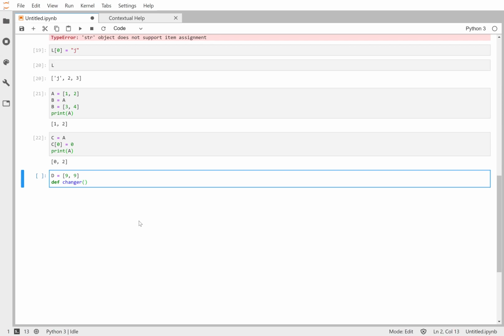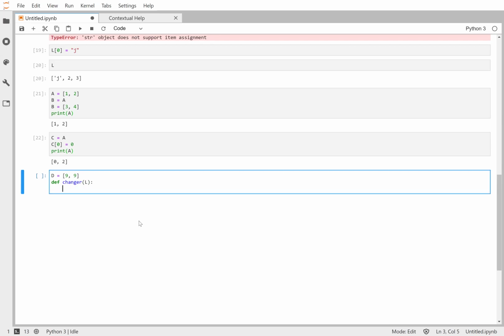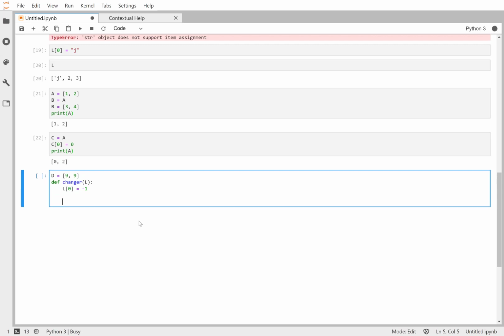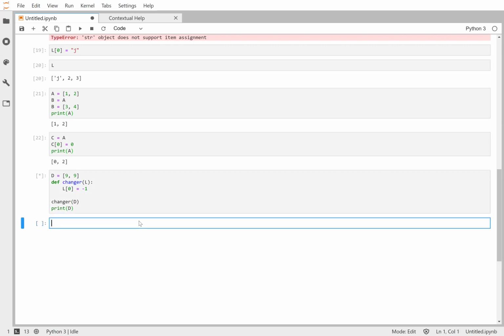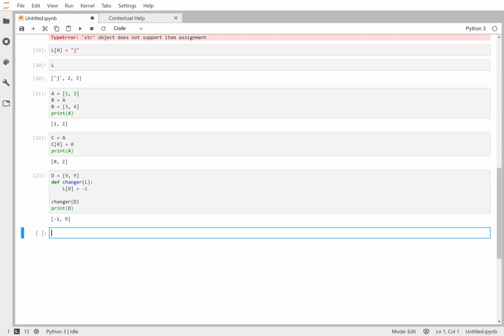call it changer, and I want to give it some list L. And then changer's job is to take list L and change whatever the first thing in that list is to -1. Okay, and so I'm going to run changer and I'm going to give it D, and then I want to print what has happened to D. Well, it's been changed. So even though D lives outside this function here,